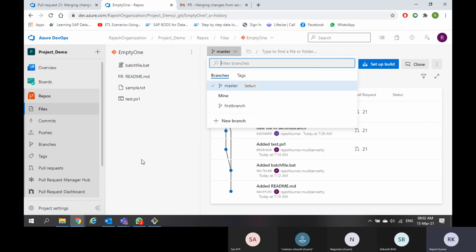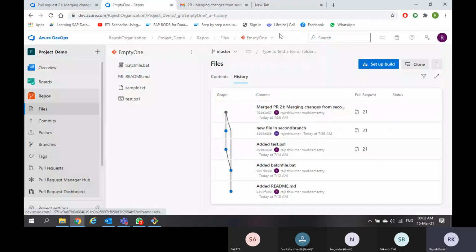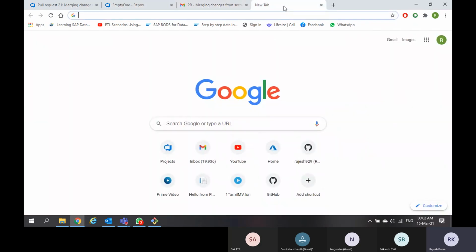And I remember, Srikant, you asked me, what if someone by mistake removed the repository? How to restore the repository? There is no simple method to restore the repository, but there is a coding process.